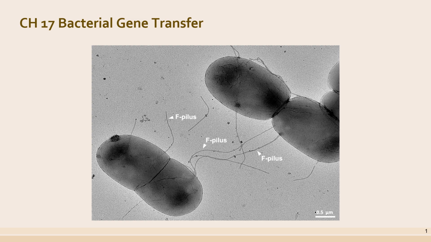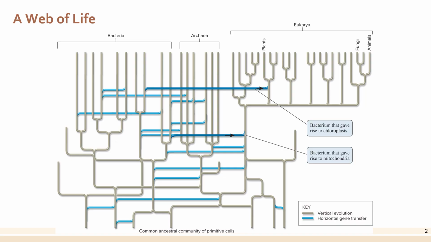Horizontal gene transfer has been very important throughout evolutionary history. We've seen horizontal gene transfer in chapter 21 when we talked about phylogeny and how we represent and study the relationship between living organisms. This tree of life shows the major domains. We've got bacteria, archaea, and eukaryotes. And the horizontal lines in color, the ones that are in blue, represent horizontal gene transfer across different groups of